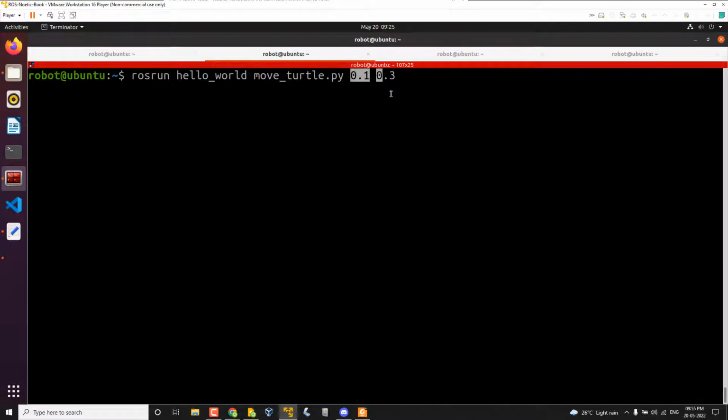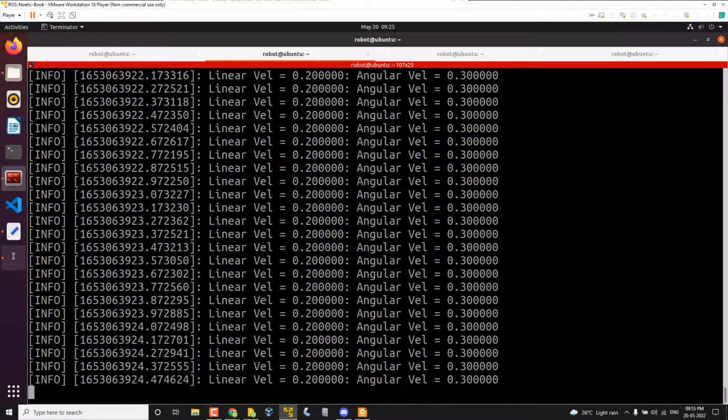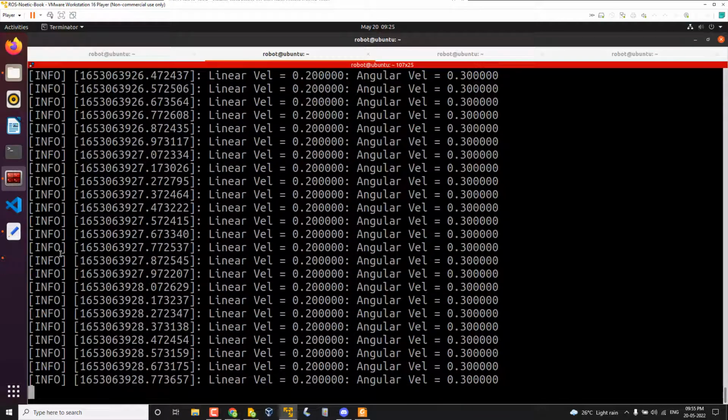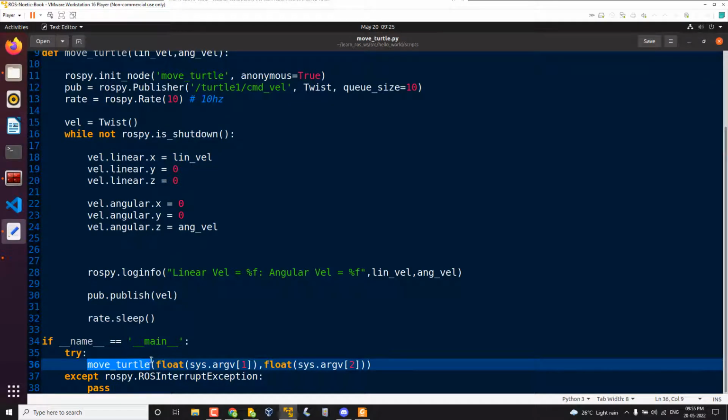Okay, so if I give 0.2 and 0.3, and if I run, then the linear and angular velocity will be changing. Okay, so this is for convenience. So what is happening in this program is, in the move turtle function, we are passing two values, linear and angular